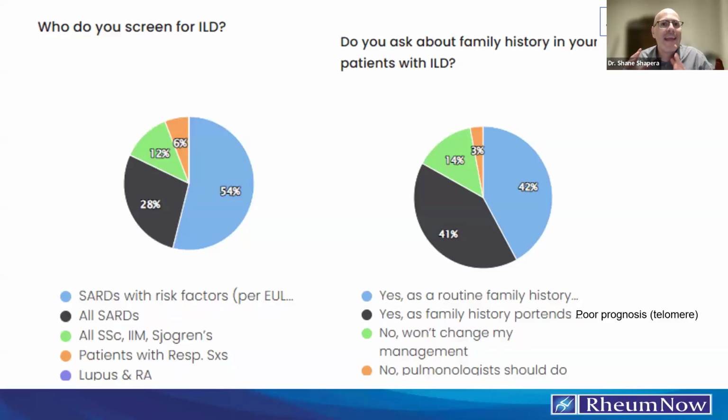They're not really the same as someone who's got a little bit of arthralgias but has a high titer rheumatoid factor and a high titer anti-CCP, where you think the vast majority of those people are going to go on to develop RA. Someone who's got an ANA of 1 in 640 and has a little bit of achiness in their hands, a lot of those people are never going to develop a CTD or an SARD.